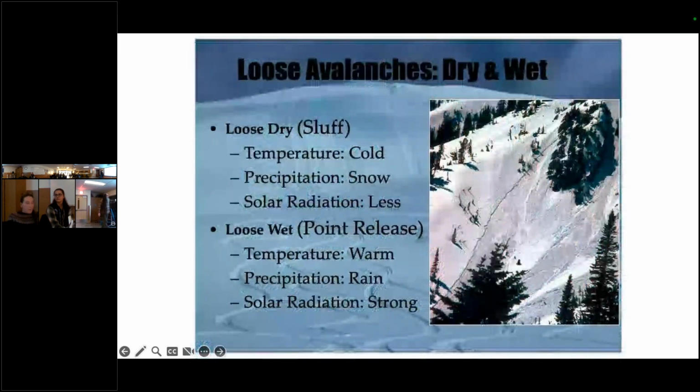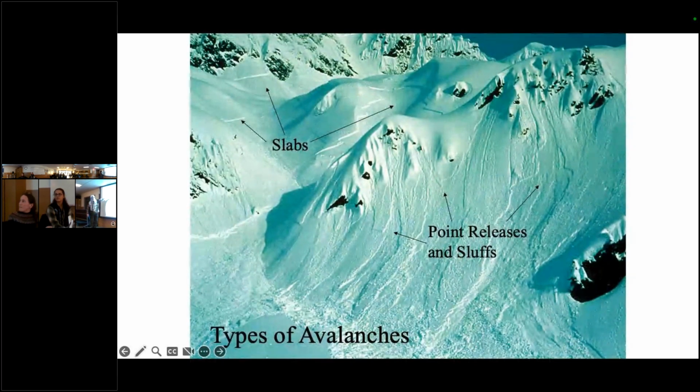Okay, slab avalanches, oops, sorry, go back for a second. You can see these lines here, this is the crown line and flanks of the slab. Typically a slab avalanche will all release at once. And in that sense, it's got a lot more energy right away.